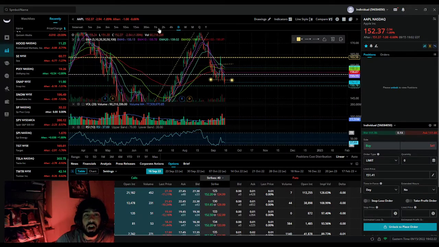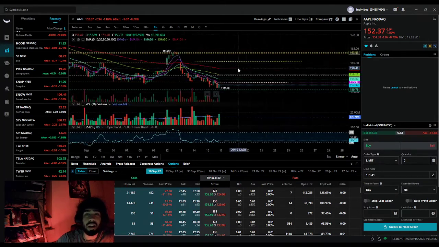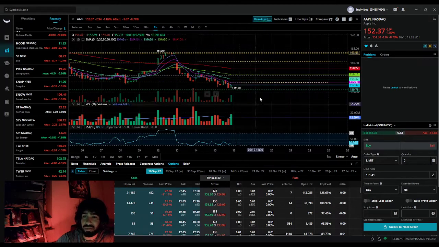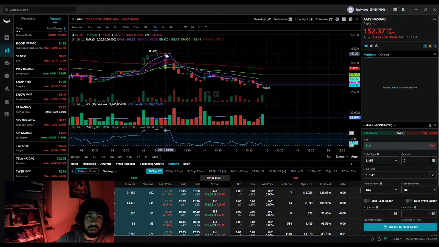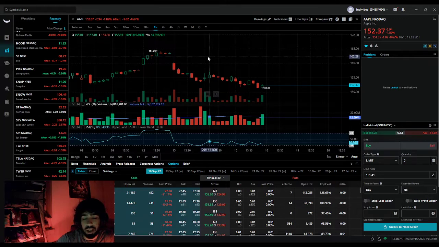Now let's break it down and look into the hourly chart. Let's see what is up. On the hourly, we do have a gap, which is pretty nice. That is a bullish sign at the moment. Let me hide all the drawings and show you what I mean by gap. You see from this candle to this candle right here, this is considered a gap. It's like a big space, in other words.